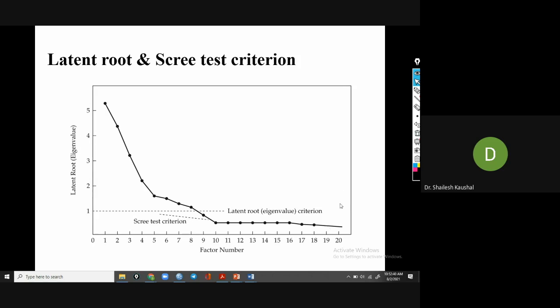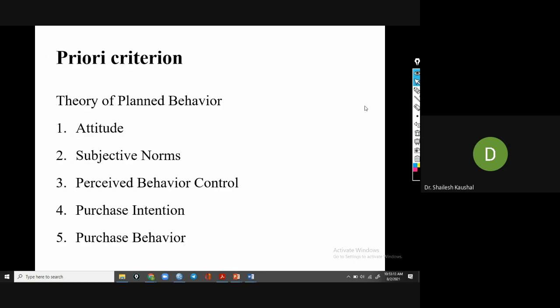So here the total number of questions in this study is 18. So how many factors did we retain? 1, 2, 3, 4, 5, 6, 7, and 8. So we are taking only 8 factors to explain the exploratory factor analysis. And it's the researcher's choice how many factors he should take.